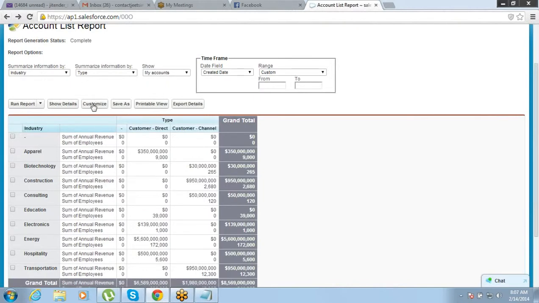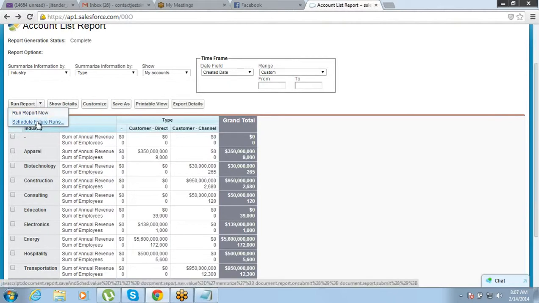You can click on the customize button and it will take you back to the same screen where you created the report. You can run a report now, or you can schedule future runs. What is schedule future runs? With schedule future runs, you can schedule the run of the report for the future, and you can also schedule it to be sent to someone. Okay, so if you click on schedule future run,